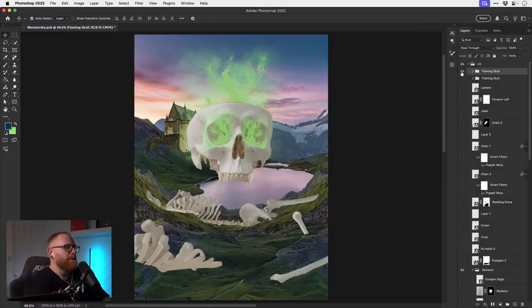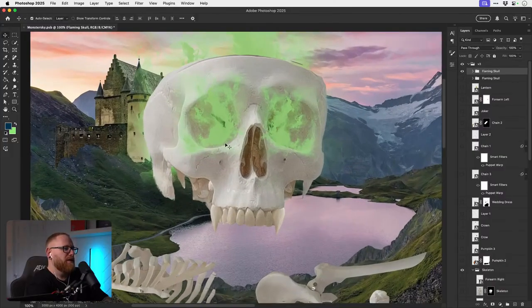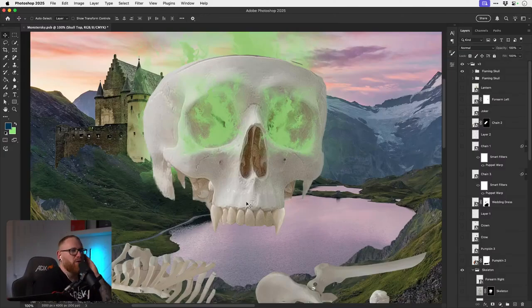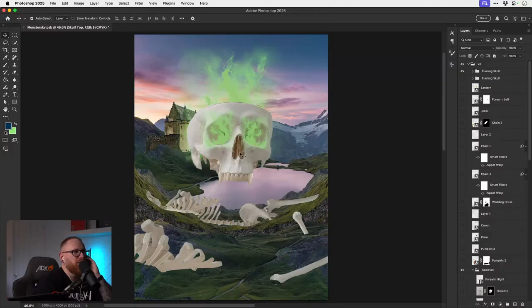Floating skull. I mean, that would look pretty cool. I think this would look really cool, and you could have a really nice depth of field. The only problem is the skull's very pixelated because I'm scaling it up so large. So having it as a focal point means that I'm going to have to make it look decent.